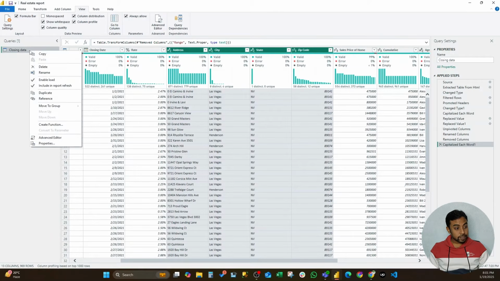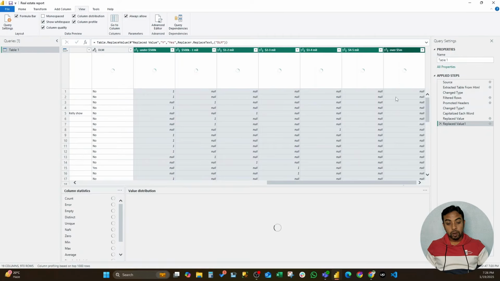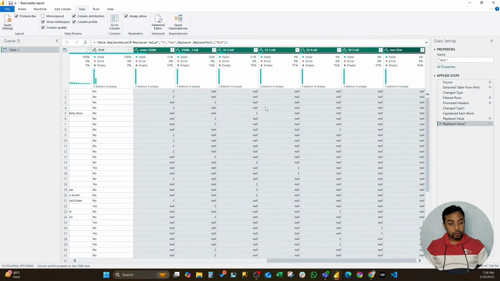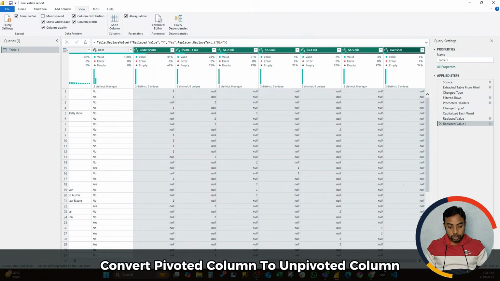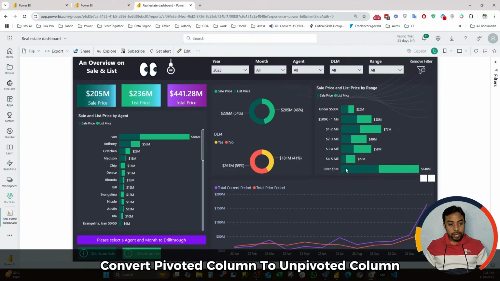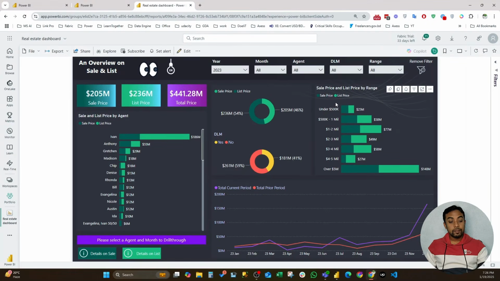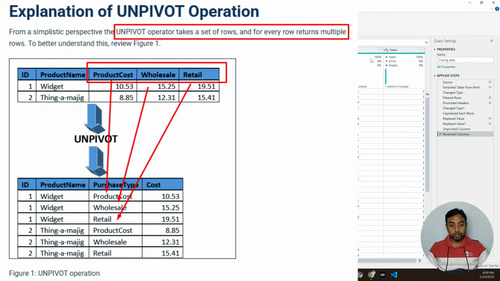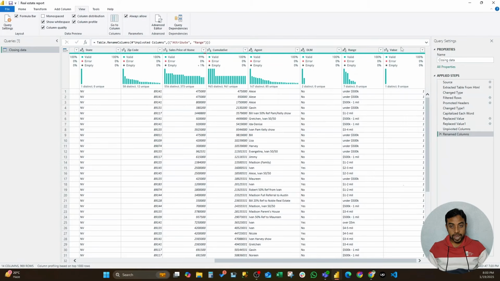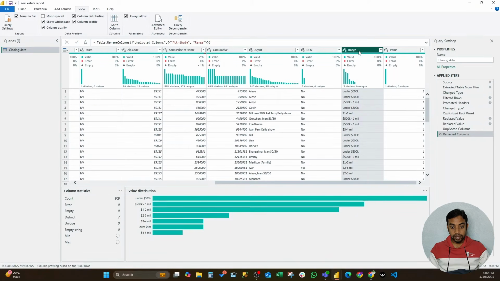So let's make this table duplicate column, for we cannot use this column as a report. In a report we need to change it into 2 columns. Let me show you why we need this. Here you can see in this bar chart we have categorized each sale by this sales category. So by making the pivoted column unpivoted, we got 2 columns. One is range and the other is value. We just need this range column, and we can remove this one,